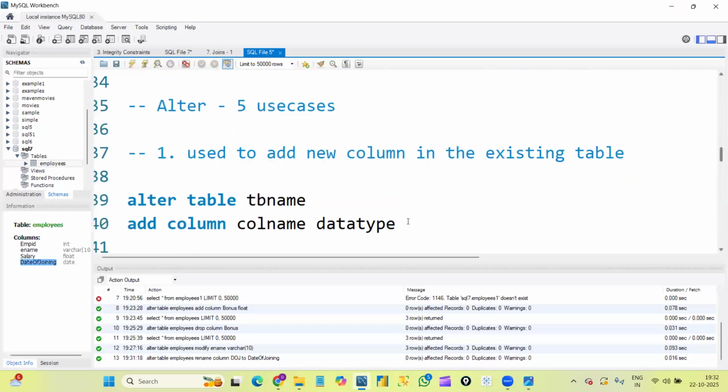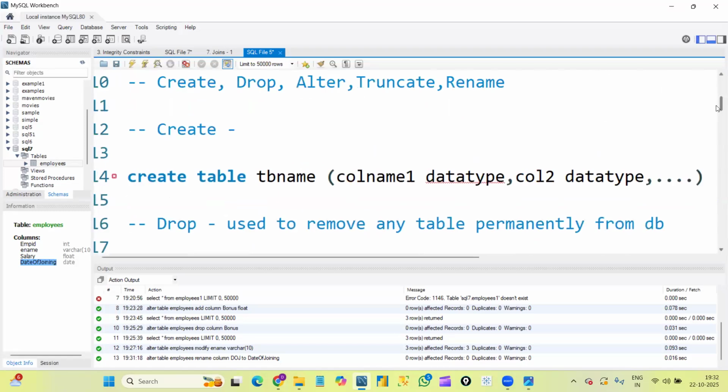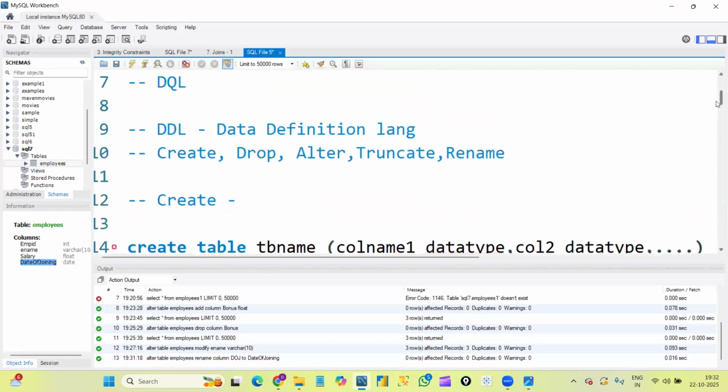Any doubts till now? It's clear from my side. Okay, perfect. All right,